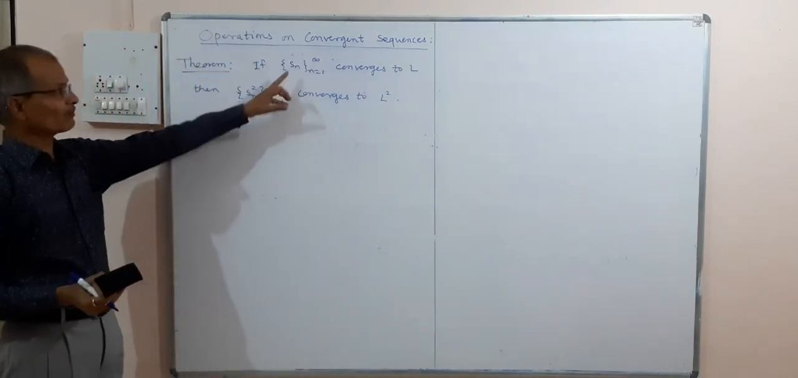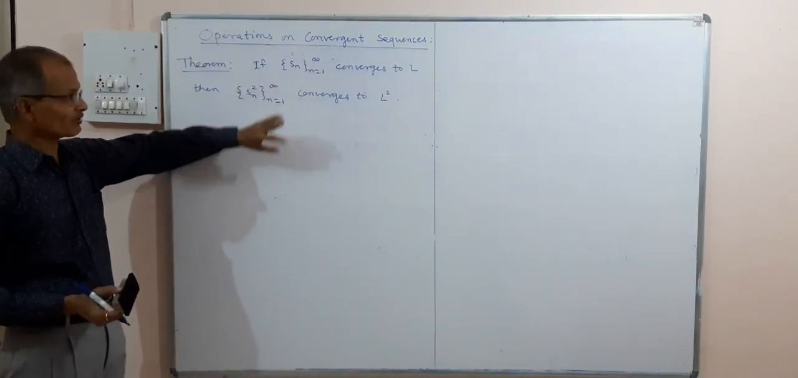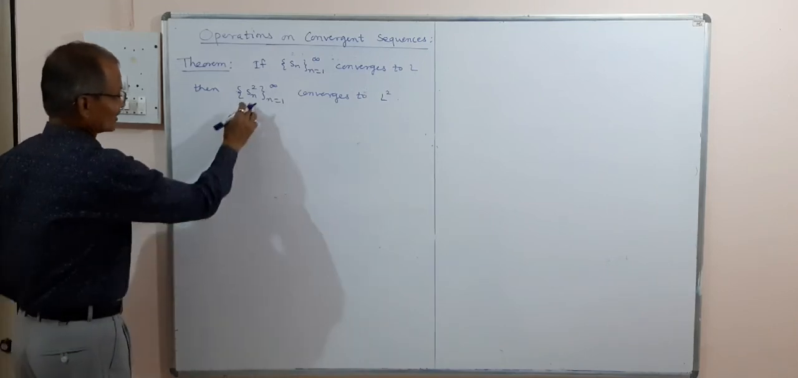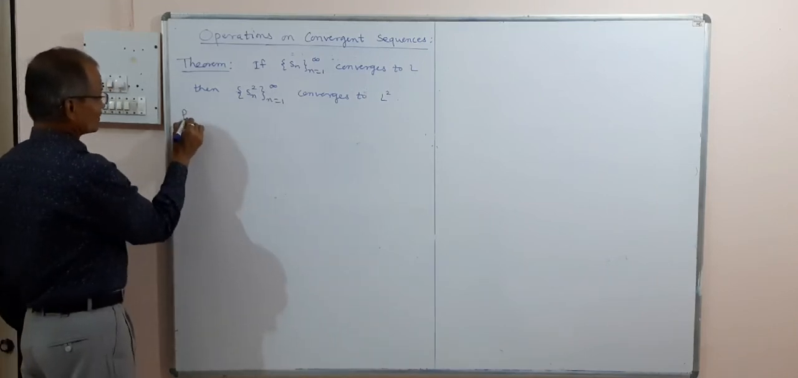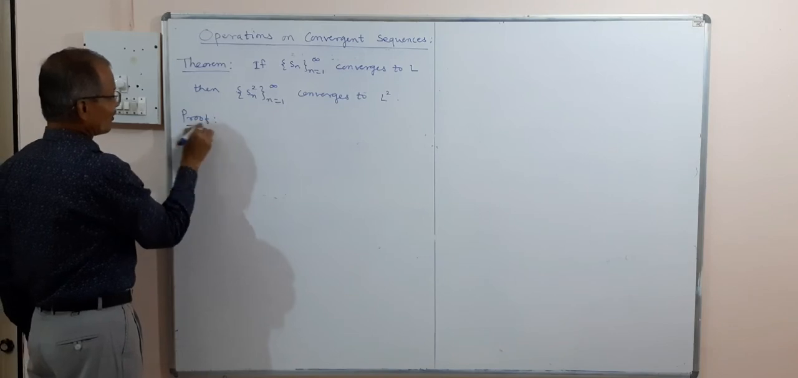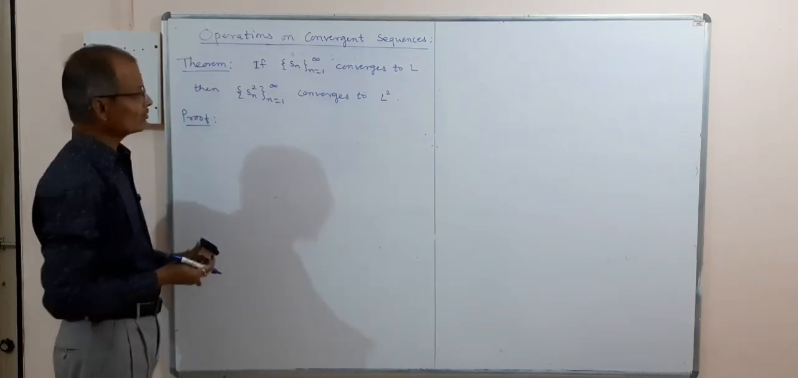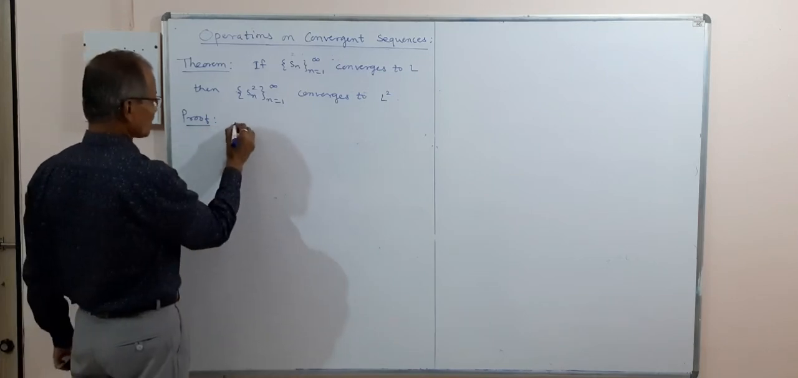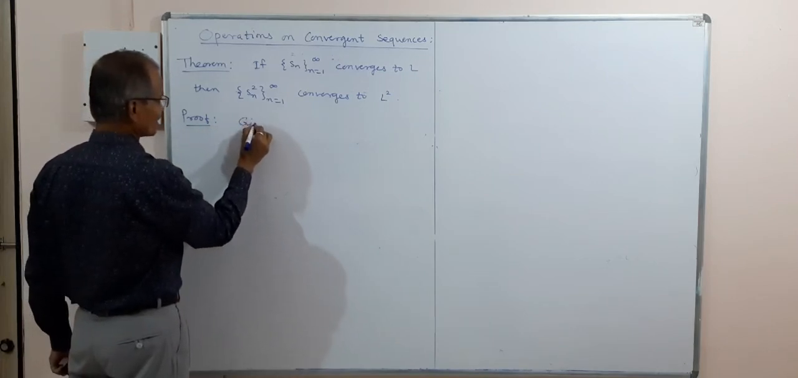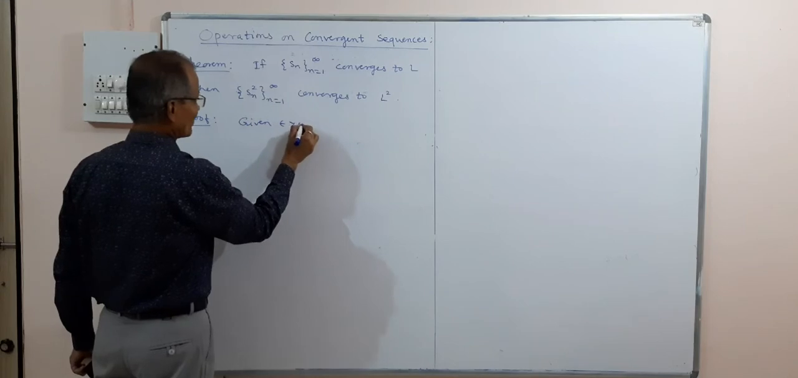Sn square means square of each term, S1 square, S2 square, etc. So this is another sequence. Now we shall prove it. So actually what we have to do is show that Sn square converges to L square. So according to definition, given epsilon greater than 0, we have to prove